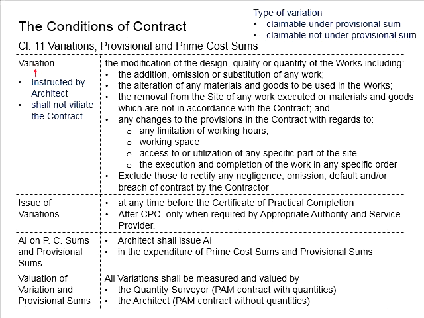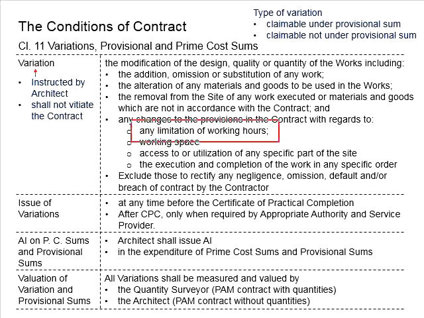This may also involve the removal from the site of any work executed on materials and goods which are not in accordance to the contract. That means the relevant work was initially not in the contract but has to be done, and the contractor may claim for the variations. It may also be due to any changes to the provisions in the contract with regard to